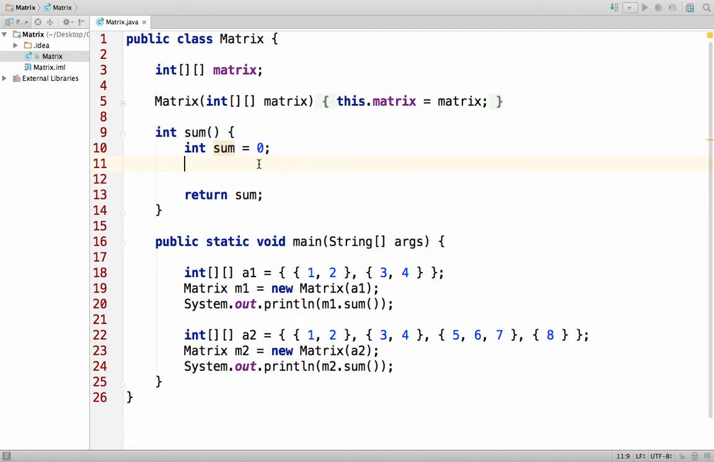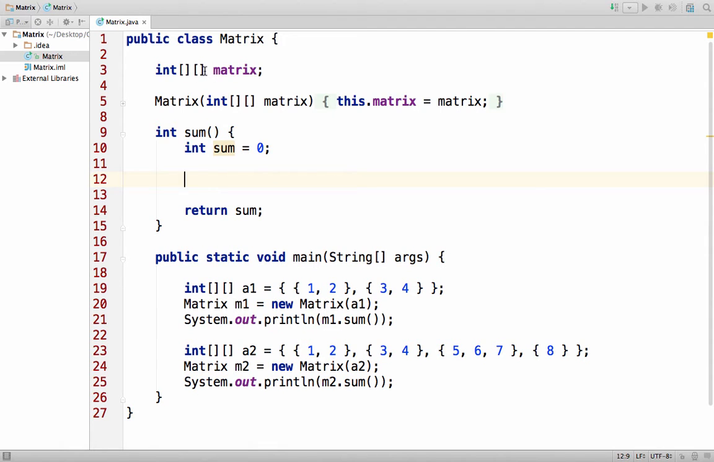Notice that the array again will be a two-dimensional, so it will have rows and columns if you want to think of it as a two-dimensional, or in the more correct way to think about it, it is an array that has arrays as elements. How are we going to print the sum of all of the elements? We are going to have